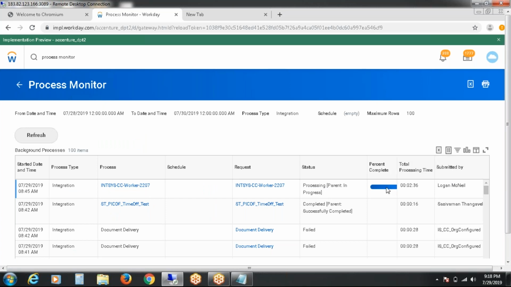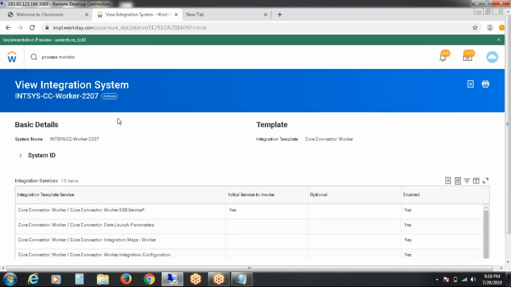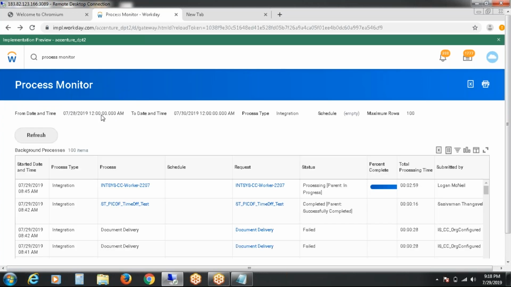It is processing. Still it is processing. So still the parent is in progress, because it is almost 19 years of data.